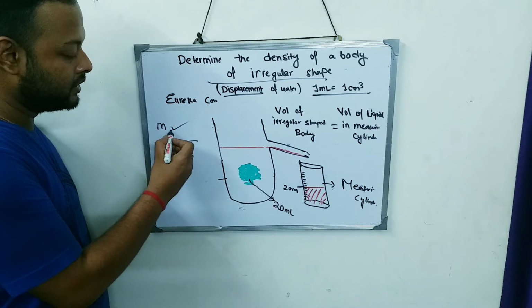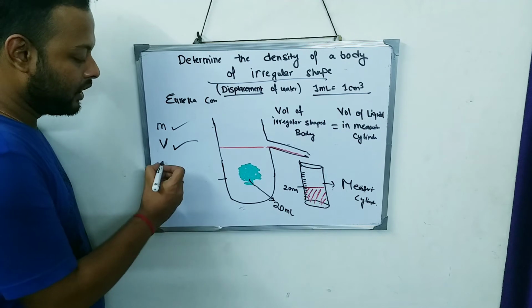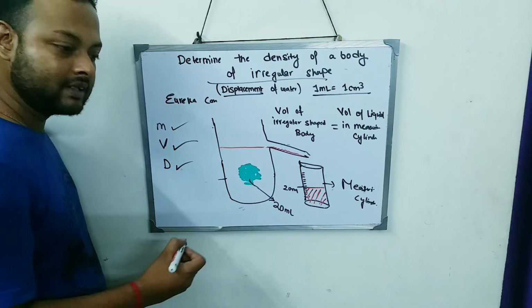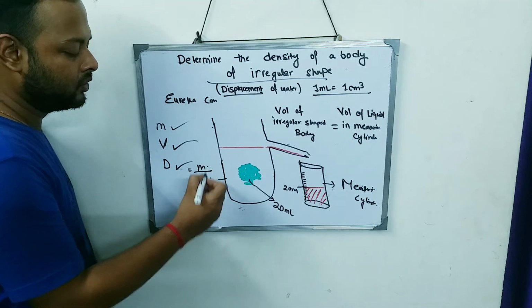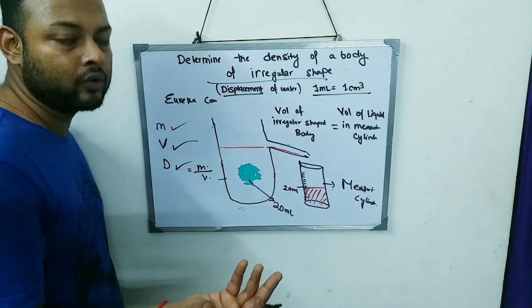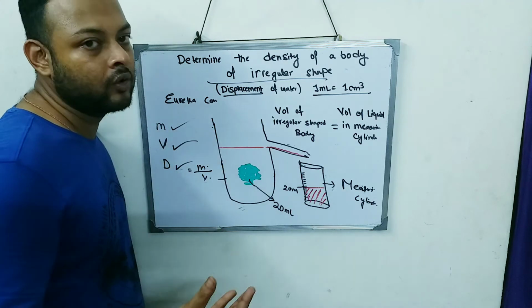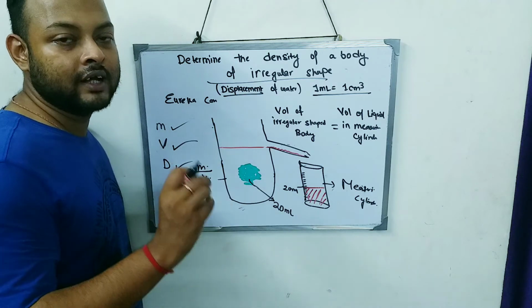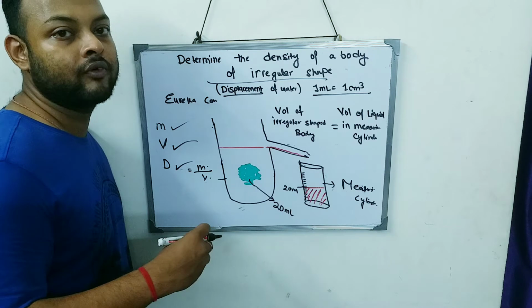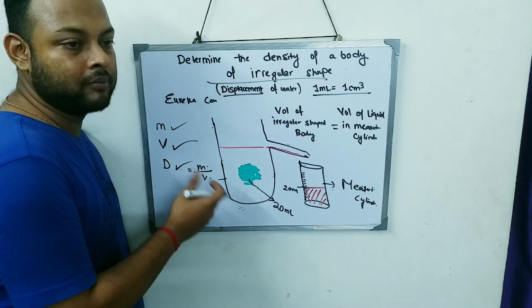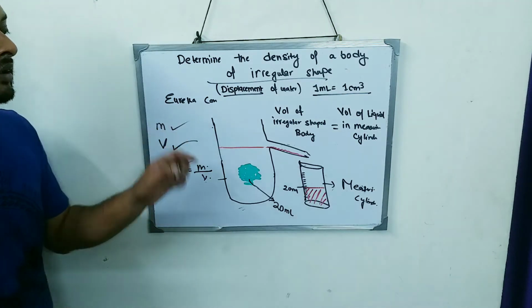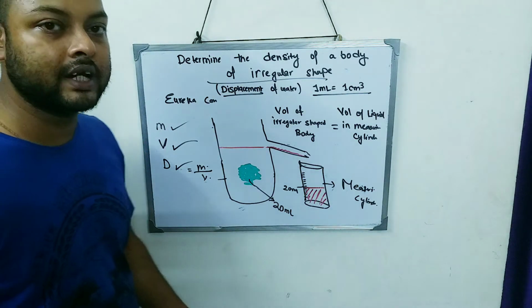As we can determine the mass as well as the volume, we can also determine the density, because density is nothing but mass by volume. As we know mass and we know volume, it is very easy. I told you, if I know the mass and if I know the volume, there is no force in the entire universe which can stop me from getting the density. I think this part is pretty much understandable to you.